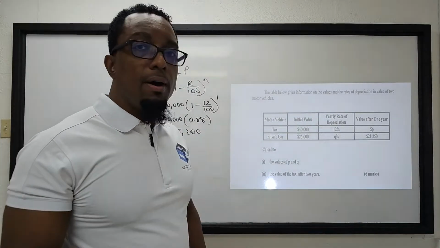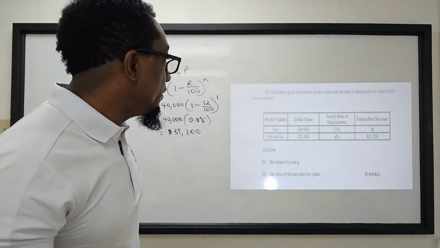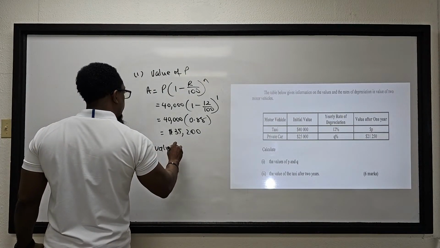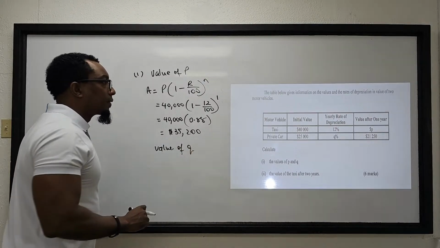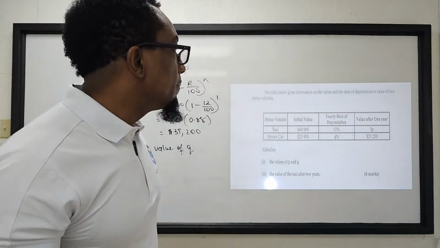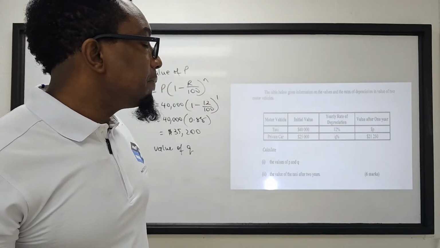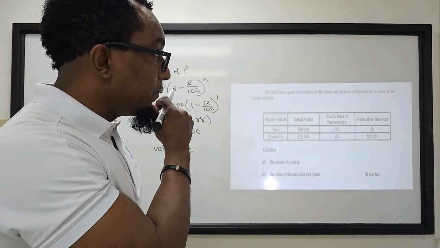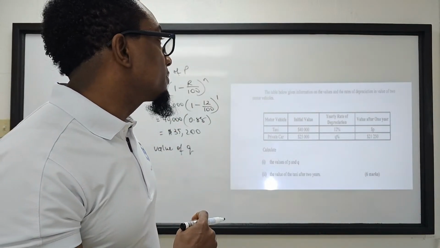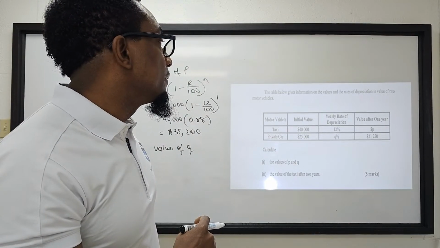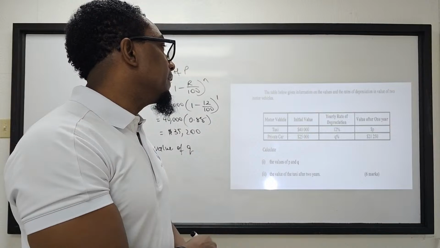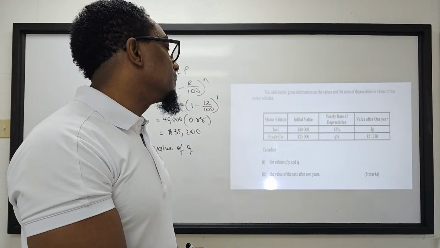That will be the value of P. So let's find Q, the value of Q. So Q, of course, will be the rate of depreciation. So what we can do here, to determine the rate of depreciation, is